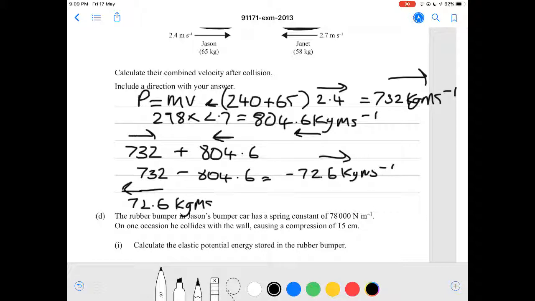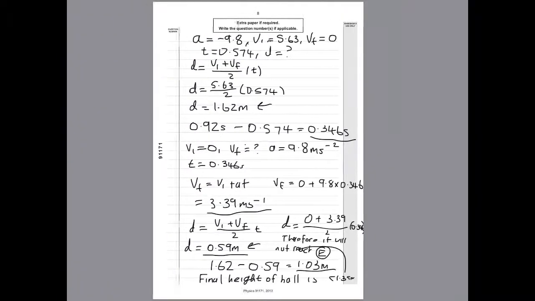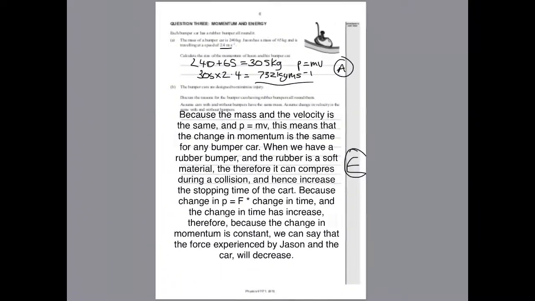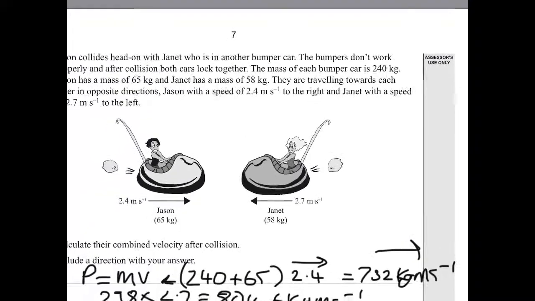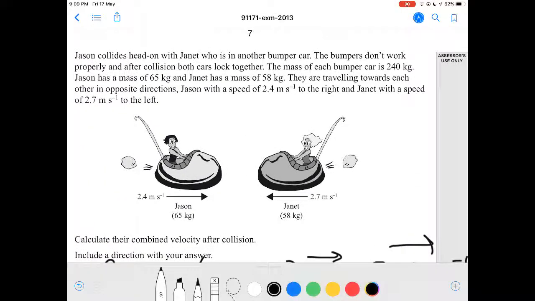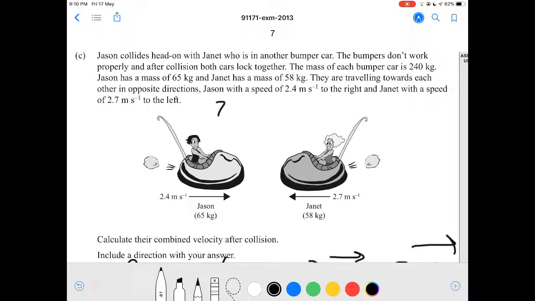So now that we figured out our initial momentum, we're going to say P initial equals P final, okay? So we're just going to find some more space at the back of the book. There's no space at the back of the book. That's great. We're just going to do it here. Forgive me, okay? So I'm going to say initial momentum is equal to final momentum. We know the initial is 72.6 acting this way, equals to